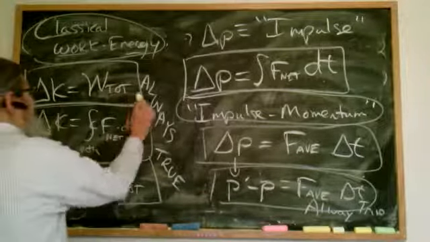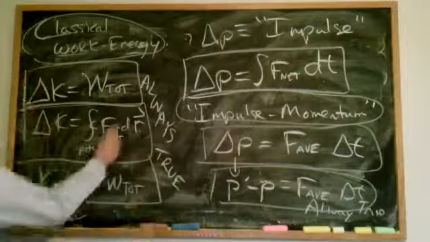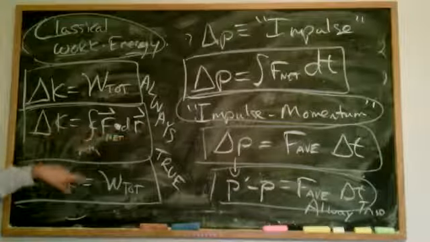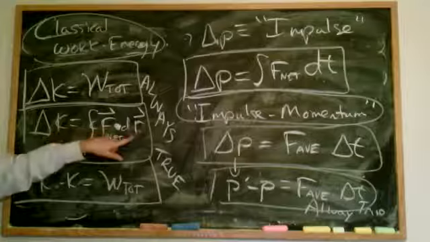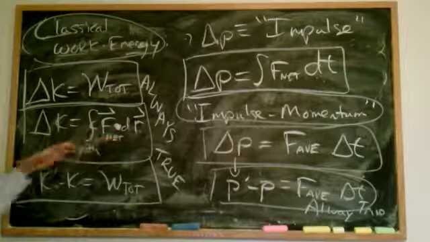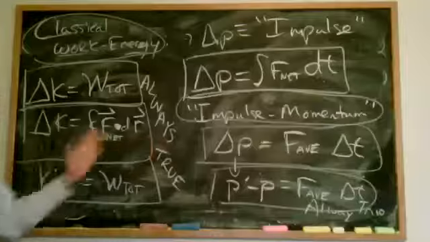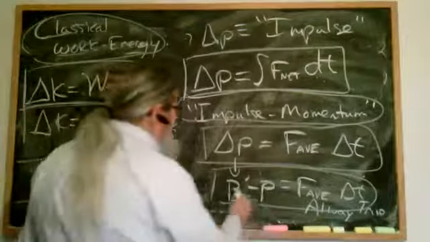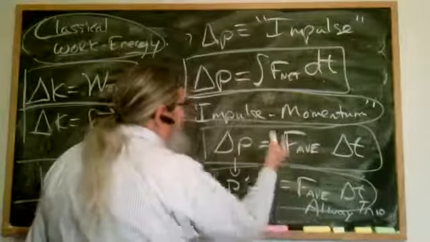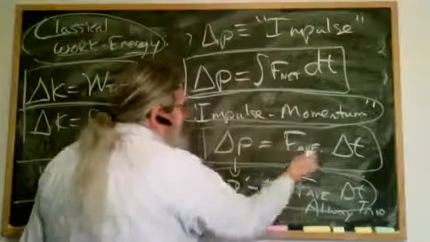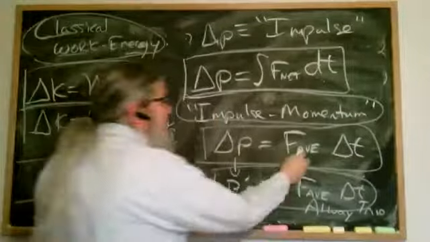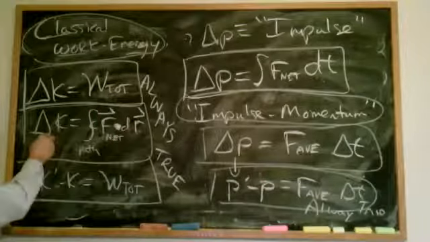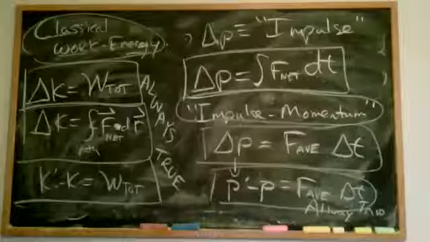This is not right. This should be dr. That's important, and that's a dot product. So here, the work is the integral of the force on a path. So I'm integrating a force over a path, so that's a force integrated over a distance. Force times distance. Here, the change in momentum is equal to the integral of a force over time. Again, force times time is the change in momentum. Force times distance is the work, which is the change in the kinetic energy, right?